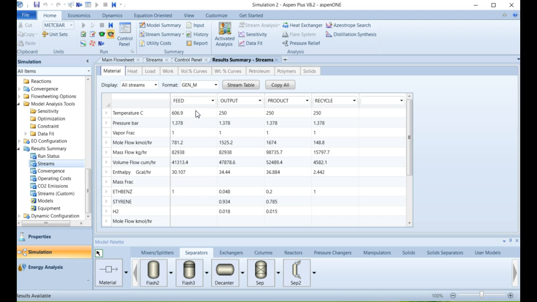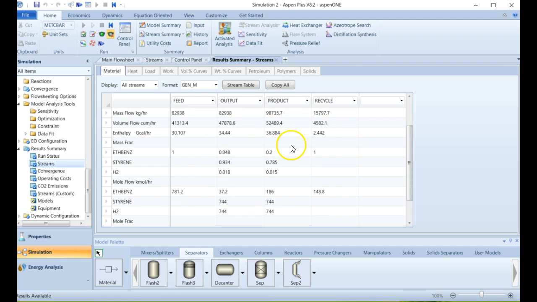You'll notice the pressures are all the same, as they should be. But what you'll see now is our output stream. Our final output went from 20% ethyl benzene by mass to less than 5%,